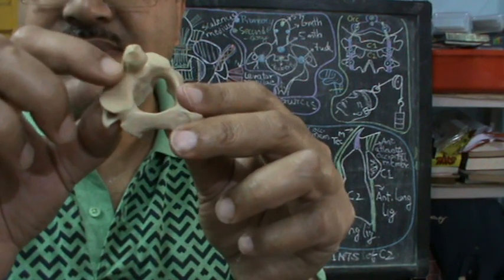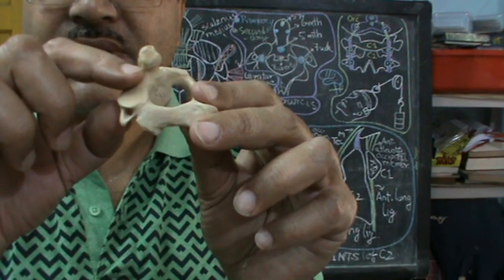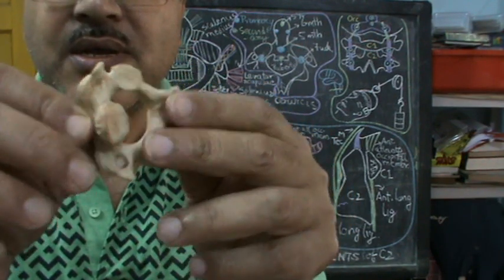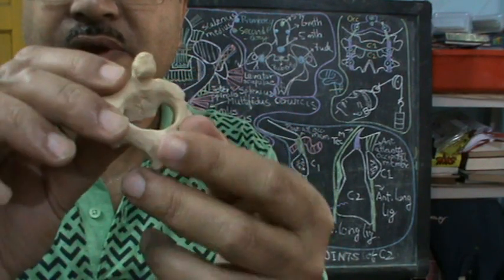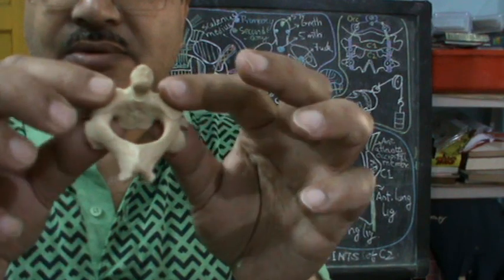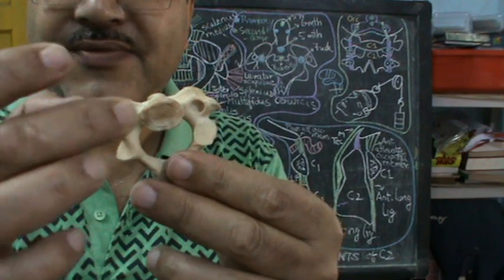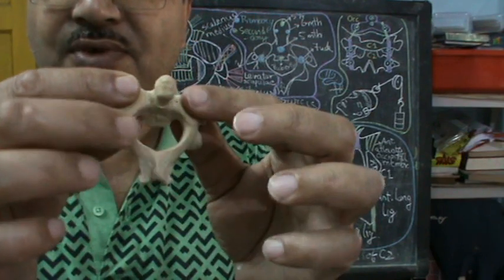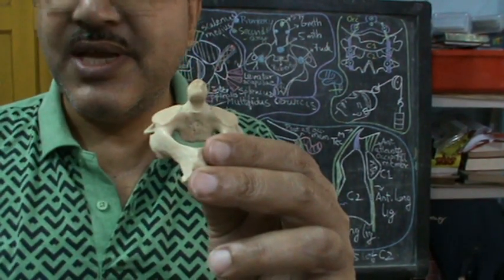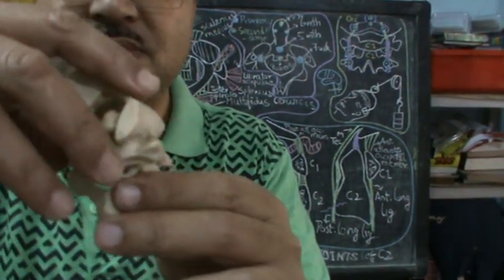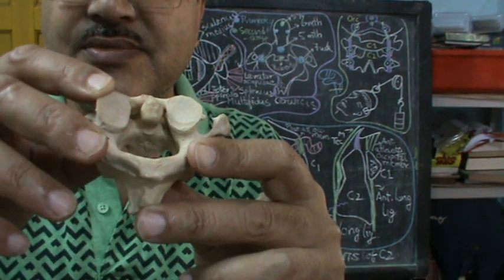Now the pedicles themselves are quite short, and the upper intervertebral notch is shallow, and the lower intervertebral notch is a bit deep. And beyond the pedicles you have these articular processes bearing the superior articular facets and the inferior articular facets. These form synovial plane joints with the inferior articular facets of the atlas. So it's going to look somewhat like this with the atlas in position. This is how it looks.